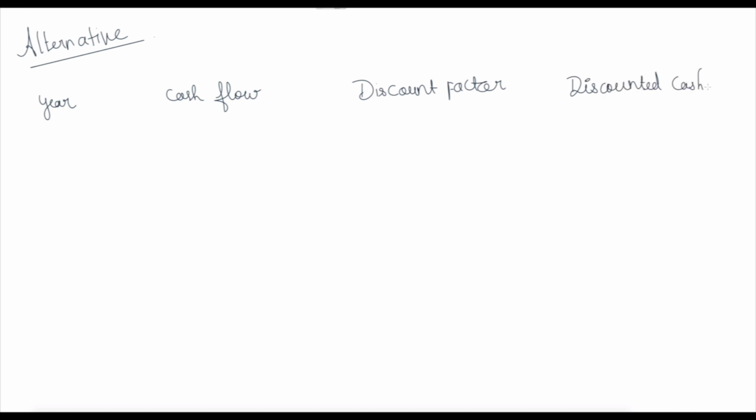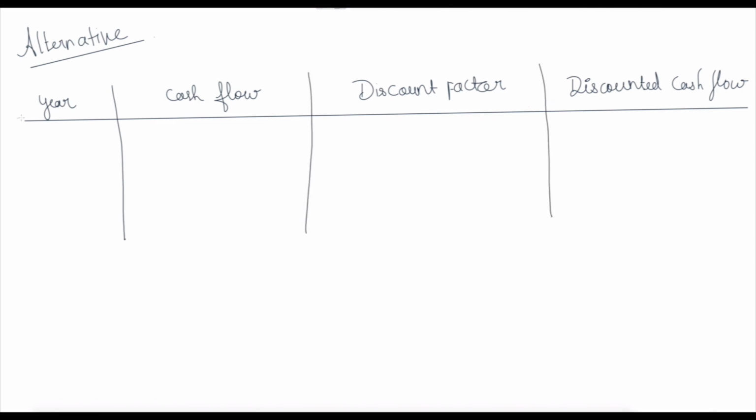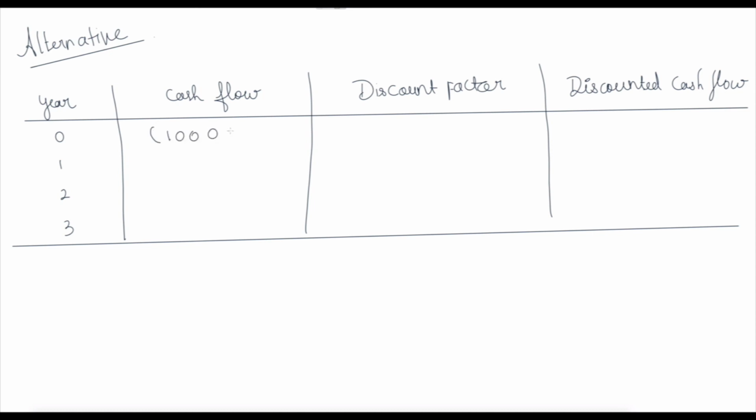Okay, so what are the years? And I'm not going to compute just the present value of cash inflows alone, but along with the present value of cash outflow, I will be doing the sum. At the end, I will be directly getting my NPV. So at year 0, my cash flow is 1 lakh towards my investment, right? So I write it in negative, within brackets, because it is a cash outflow, it is going outside, whereas the other cash flows are inflows. I haven't used the bracket because it is positive, it denotes they are coming inside.